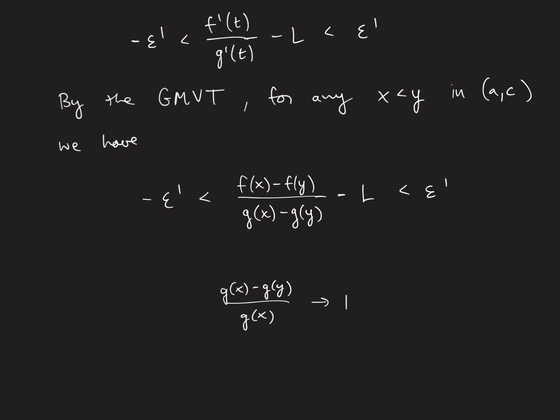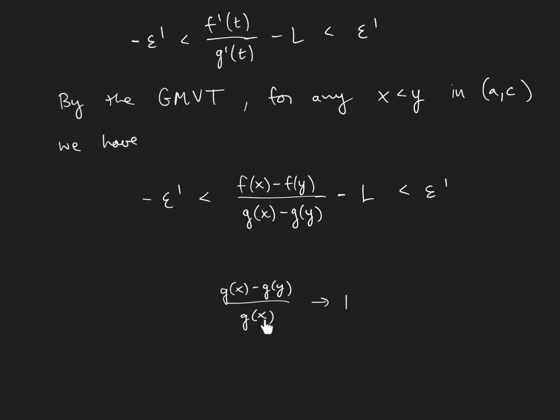And so what we're going to do is multiply this expression here by this quantity. So when we do that, the g of x minus g of y in the denominator cancels with that, and then we'll have f of x over g of x and f of y over g of x,